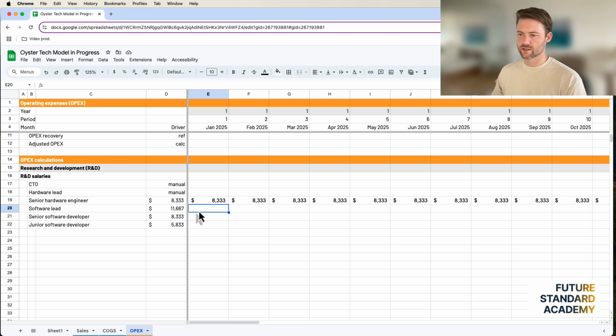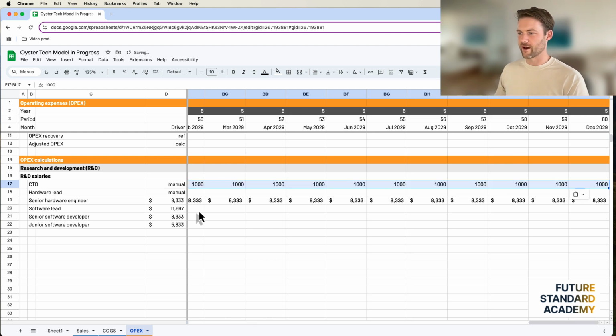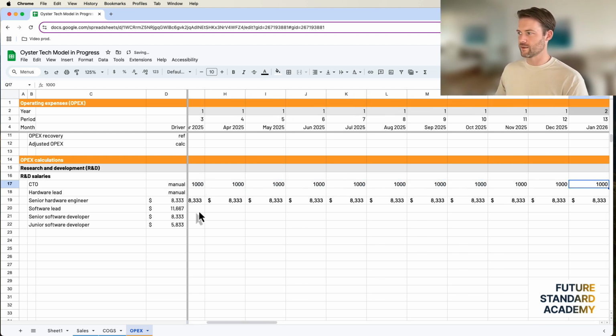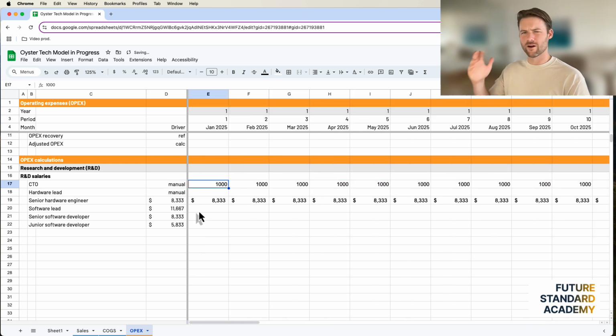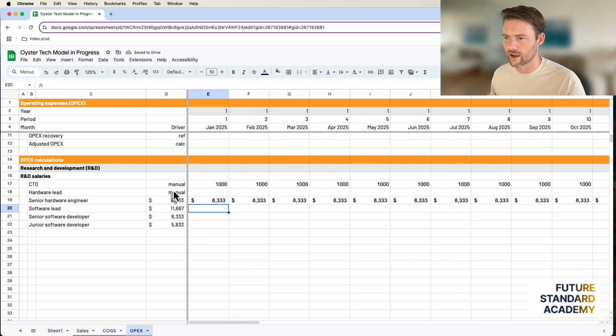Yeah, it's just more complexity than is needed because it's actually really easy to put these things in manually, right? I'd put like 1,000 across, and then I'd say, well, maybe in this year it's going to be 2,000 and so on. So there's no problem in doing that, right? You're not saving that much time adding a bunch more drivers.